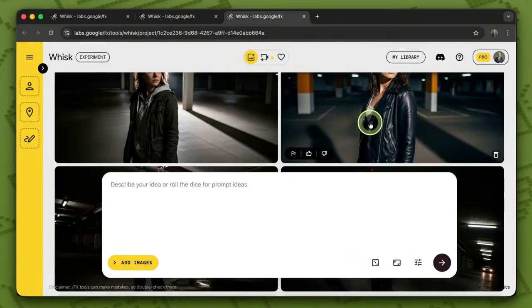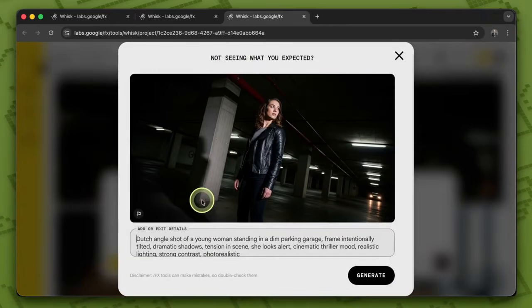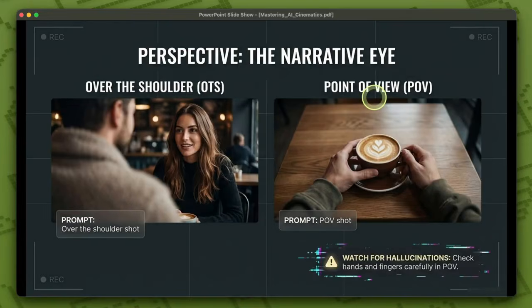But it couldn't create it, and you definitely need to repeat it several times. However, here it managed to do it. I specifically asked the system for a Dutch angle, and my character also has that tilted and slanted posture. Now it's time to move on to the next detailed section, where we'll learn exactly how each point of view